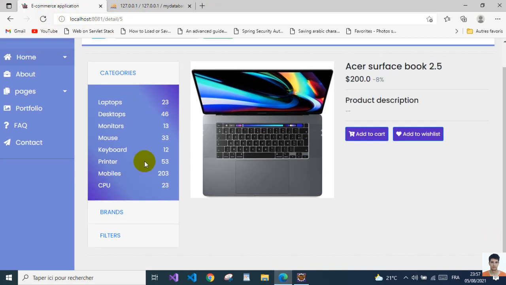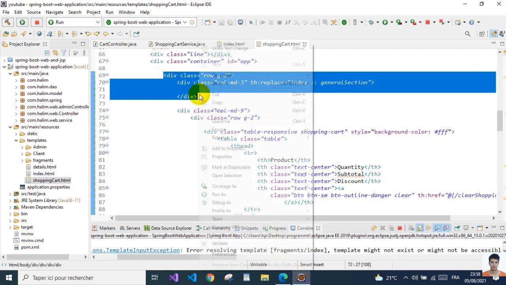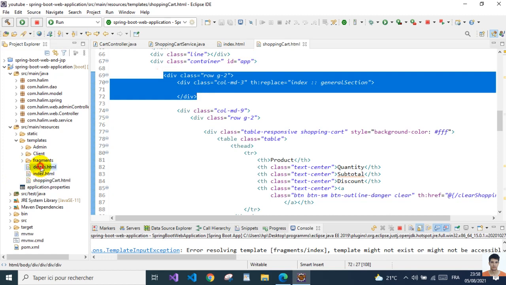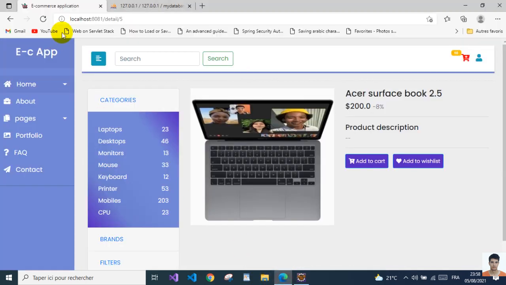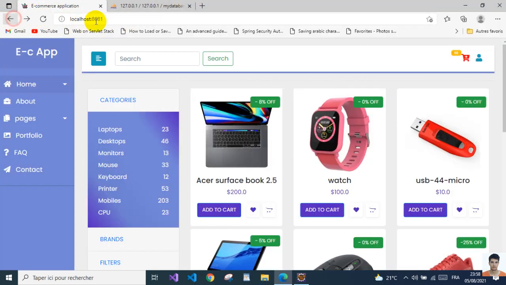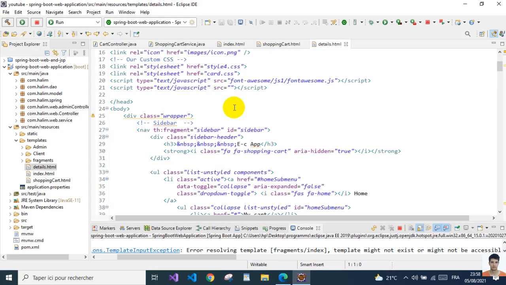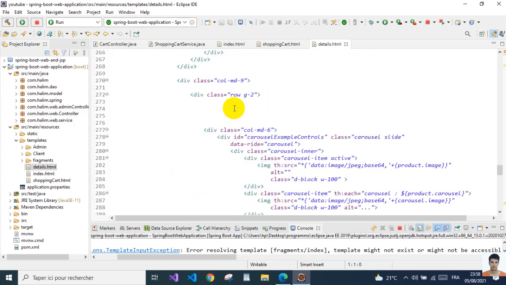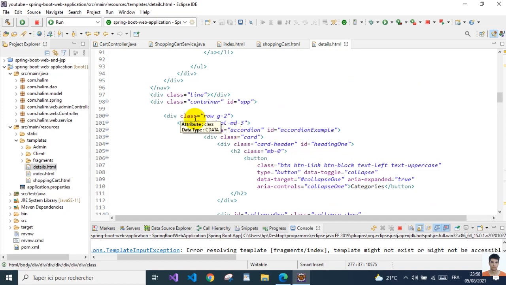So I'm still getting the same thing over here, and I'm going to do the same thing for the detail. No, I was seeing the detail. Sorry, I need to see the change on the shopping cart. Yes, it's still the same, and I'm going to do the same in the detail. So go back down here. No, not this. You see,